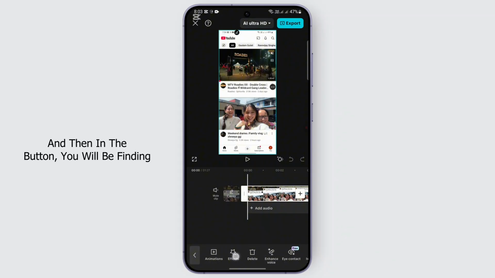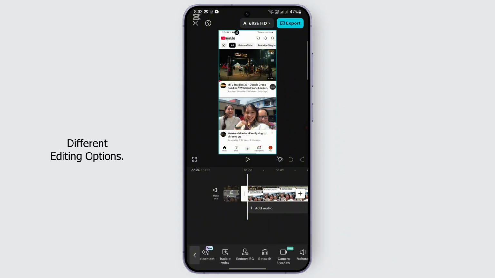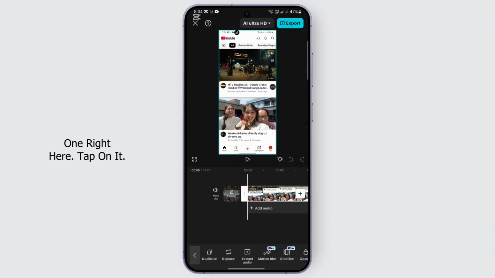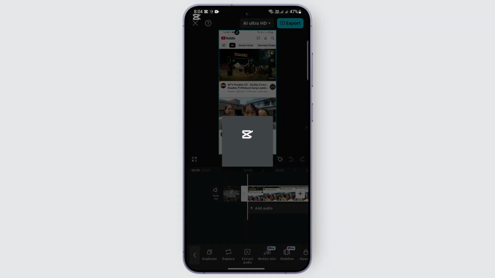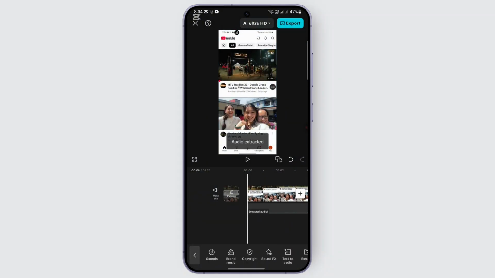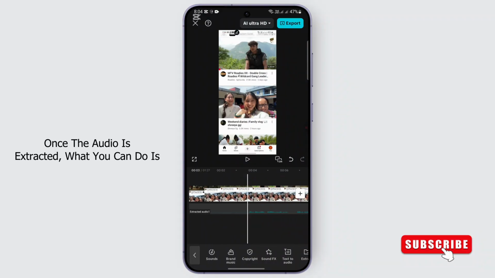and then in the bottom you will be finding different editing options. Look for the option that says extract audio, this one right here. Tap on it, and you need to wait for some seconds for the audio to be extracted first. Once the audio is extracted, what you can do is simply tap on the audio,